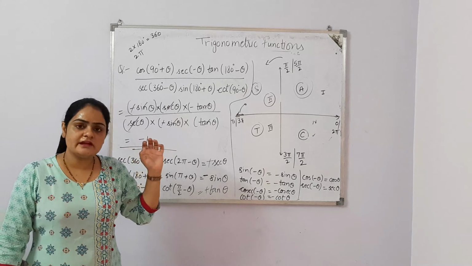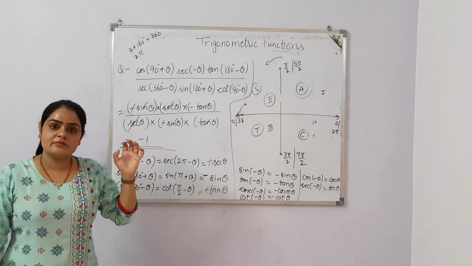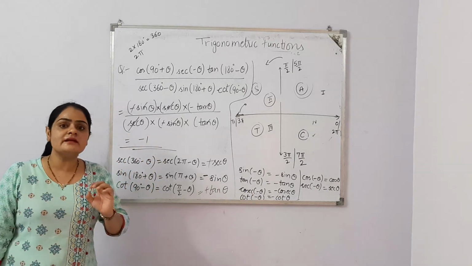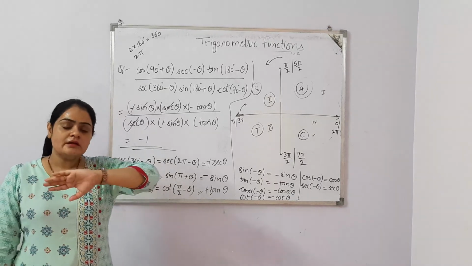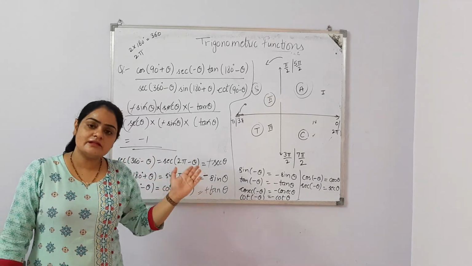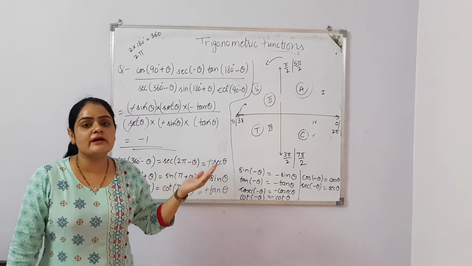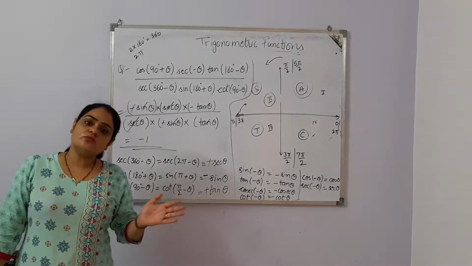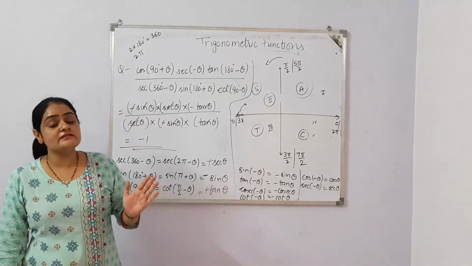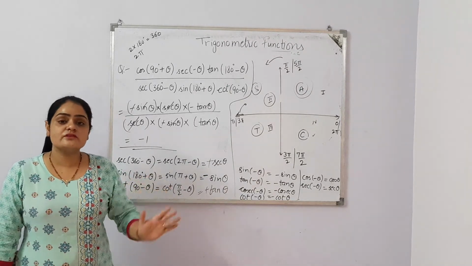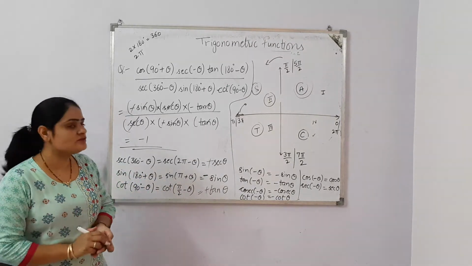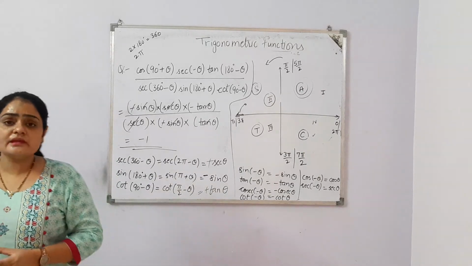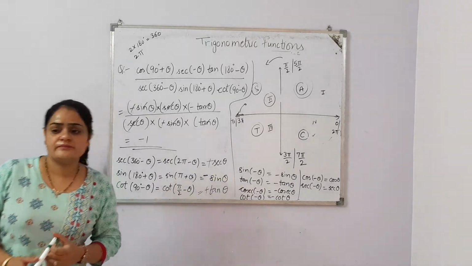If you know this criteria, then trigonometry is very easy, because this is the main thing in trigonometry, that we need to find the angles. That means in which quadrant the angles are lying, and because of the quadrant the negative or positive sign occurs. We need to follow this only, and this is the basics of trigonometry. Hope this question is clear. Let's do one more question.